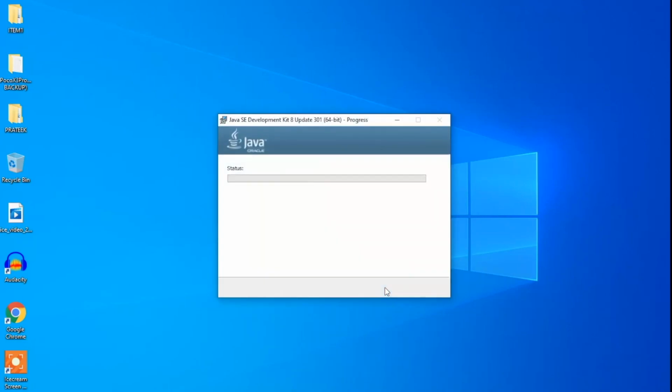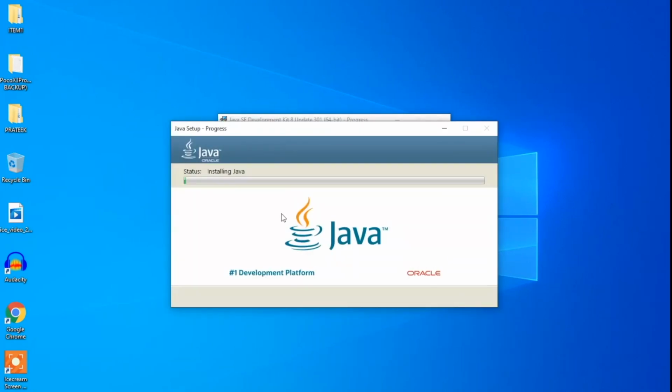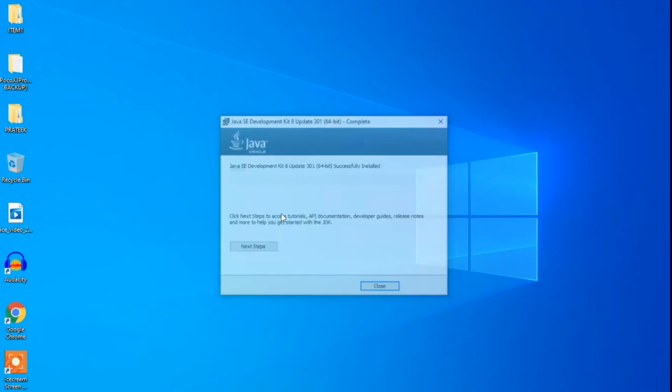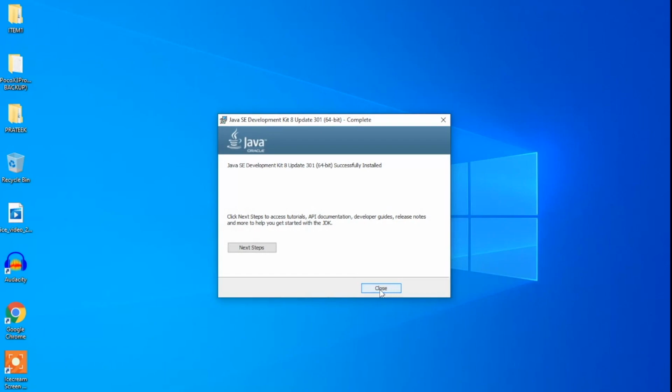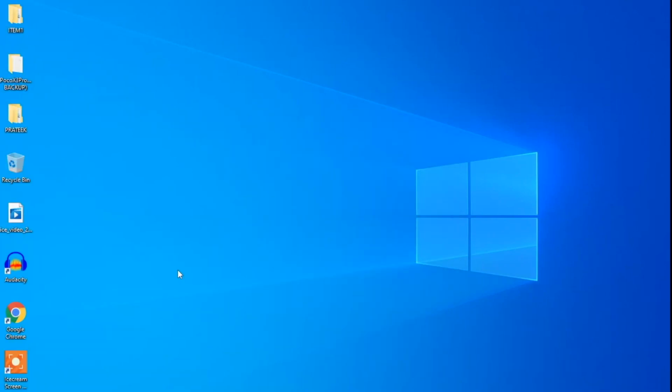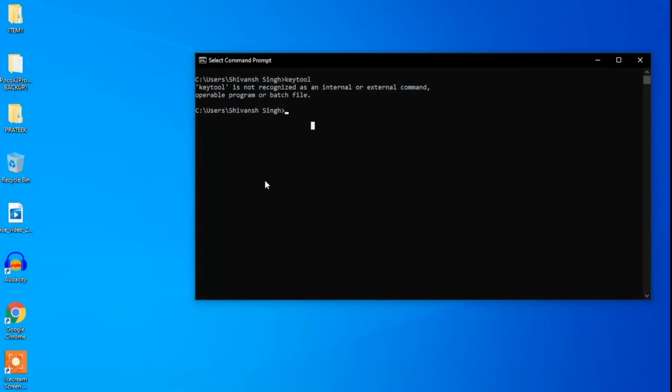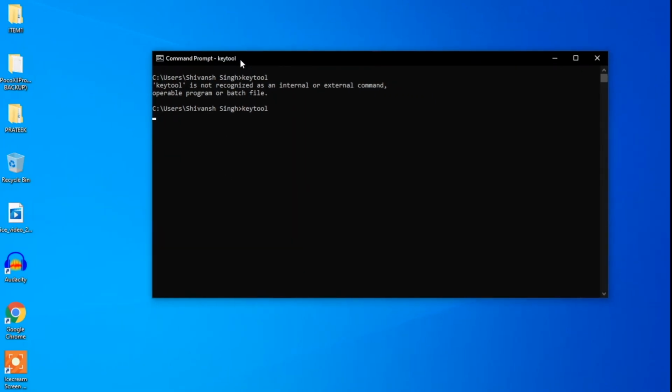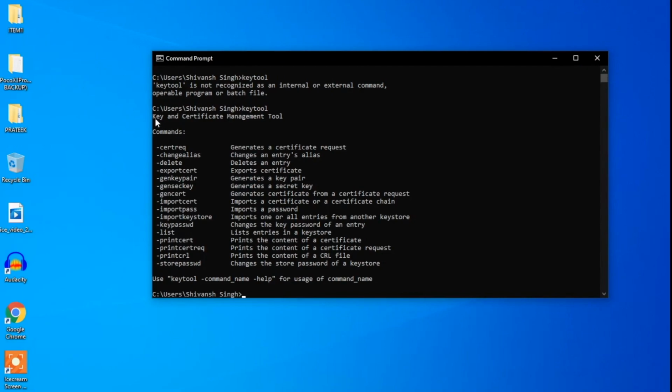Just wait for a while for this to finish. And now as this got installed, let me enter keytool in our command line. And here you can see we are provided with this option for creating the keystore.